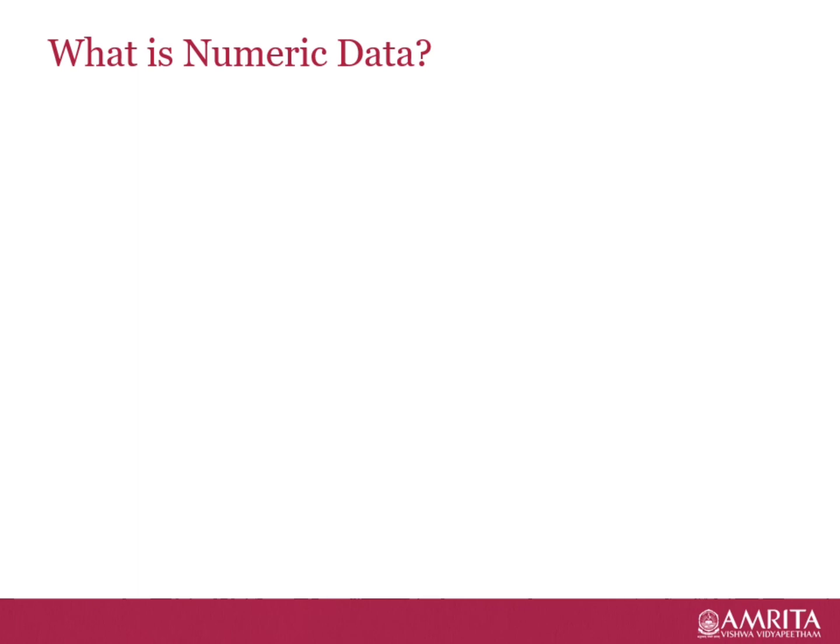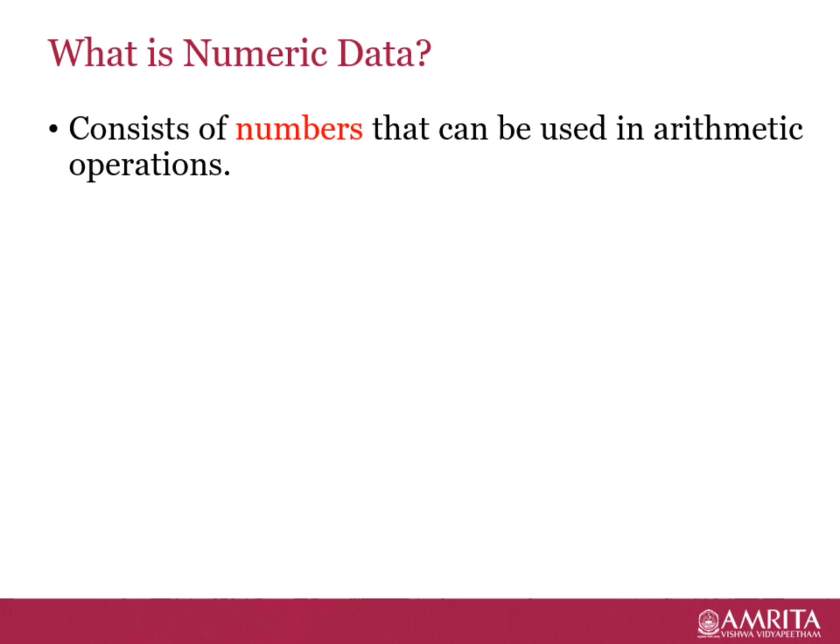First, we can see what is numerical data. Numeric data consists of numbers, and it differentiates itself from other number form data types with its ability to carry out arithmetic operations. Generally, there are two types of numeric data. One that consists only of positive numbers, also called unsigned numbers, and the other that includes both positive and negative numbers, commonly termed signed numeric data. And separate data representation techniques are required to deal with each of them.